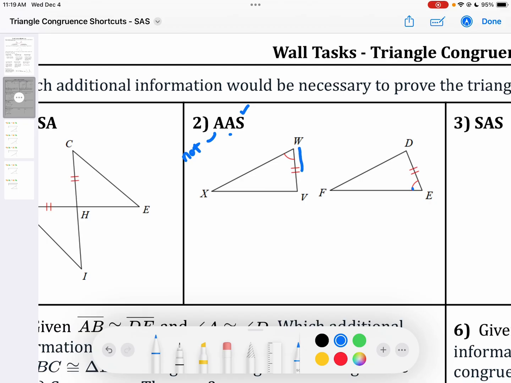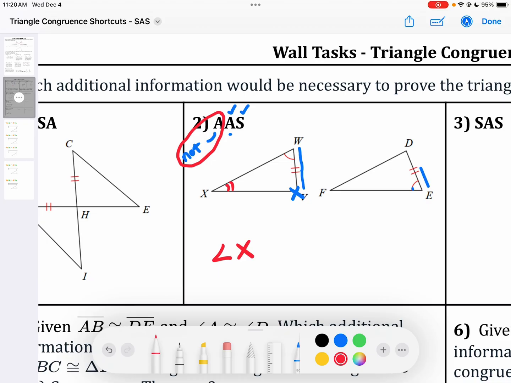I get angle W. So I have the angle that is connected to the side. If we put our pen on the tick marks and I go to the end point, I have angle E. That is the angle connected to the side. So the one that I want is the angle that is not connected to the side. To figure that out, I'm going to go back to my tick marks and go to the other end point. I do not want angle V. I do not want an angle connected to the side, which means I do want angle X